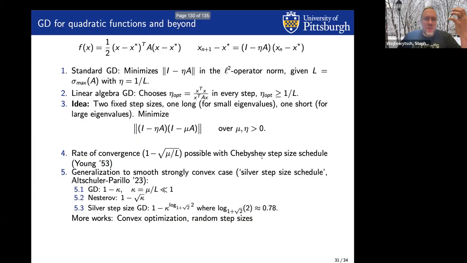And then much more recently, we've got a bunch of works on the silver step size schedule, where we have an interesting separation where gradient descent converges with this 1 minus kappa rate, where kappa is a very small constant. Nesterov gets to 1 minus square root kappa, square root kappa being much larger. And this silver step size, where you don't change the algorithm, actually